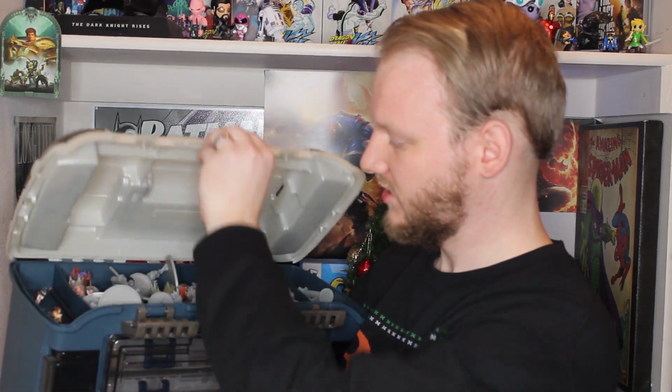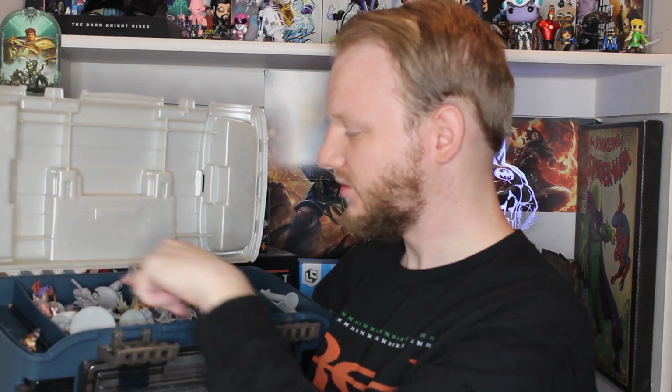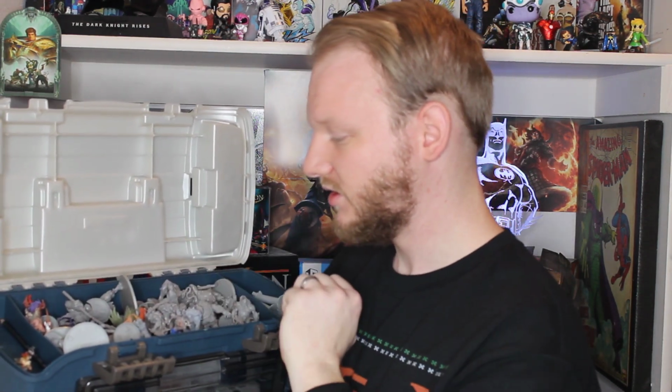Alright, so if we unclasp this, then inside, this is where some of you guys are going to hate me, is a mess of miniatures. As you can see, I've been painting; some of them are not painted. I don't think I'm spoiling anything here. I haven't started my next painting yet, but it's one of these. Anyway,